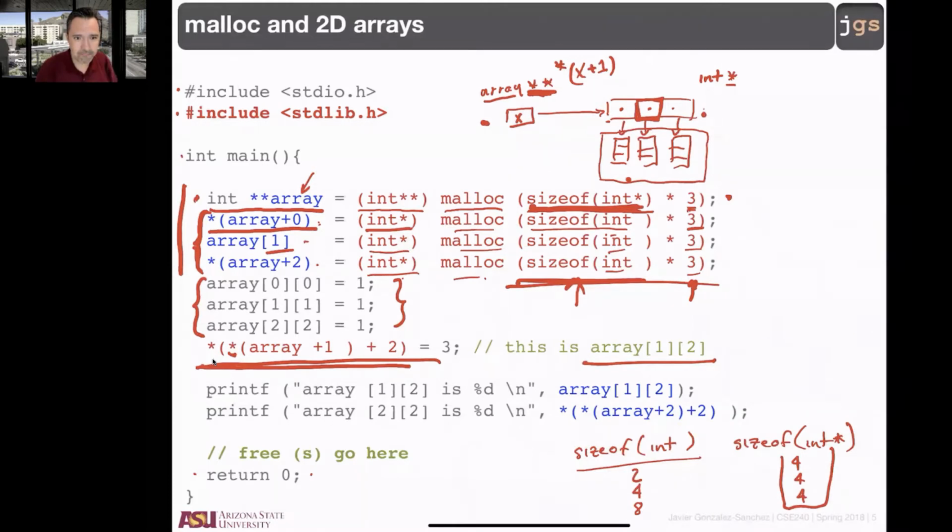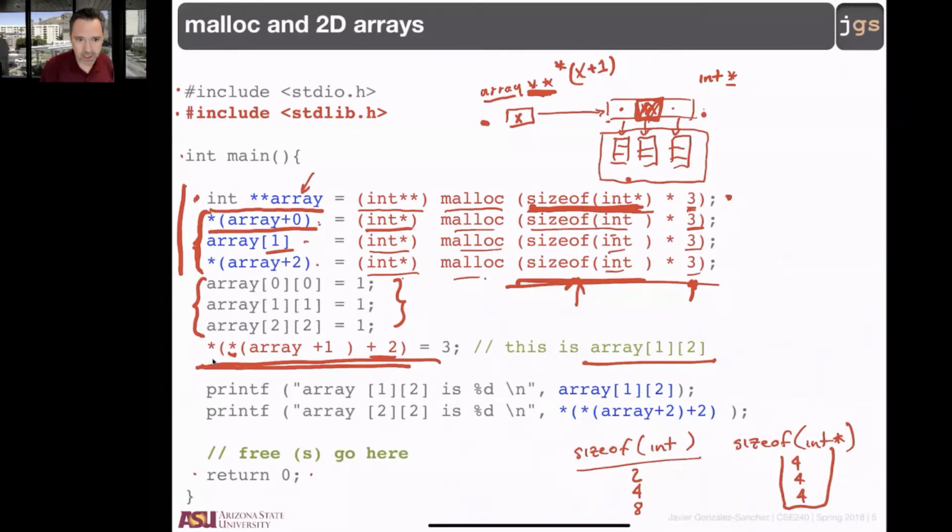It's like plus 1, and I am in the second element because the computer is going to do the arithmetic of pointers by itself. So I am here. This is asterisk array plus 1. And what I have here is another address,